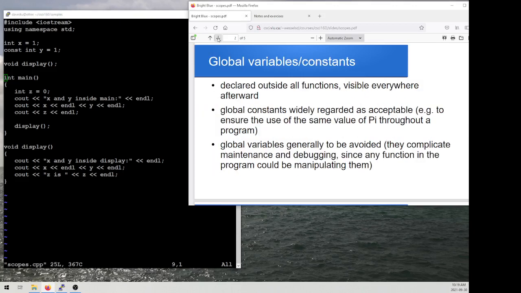All right. Now, again, our globals are visible everywhere. In terms of styles and habits, it's pretty normal to have global constants. If I've got a constant for pi, for instance, I probably want to use the same value for pi everywhere in the program. So it's entirely likely I'm going to make that a global constant. With global variables, on the other hand, those are generally something we try and avoid. We only use global variables if